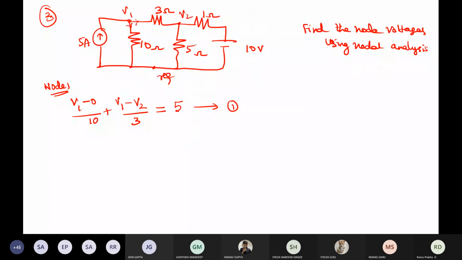What is the meaning of shorting? If you have a wire there, then it is shorting, but the elements are there, so that is not a shorting. Okay, is your doubt clear?